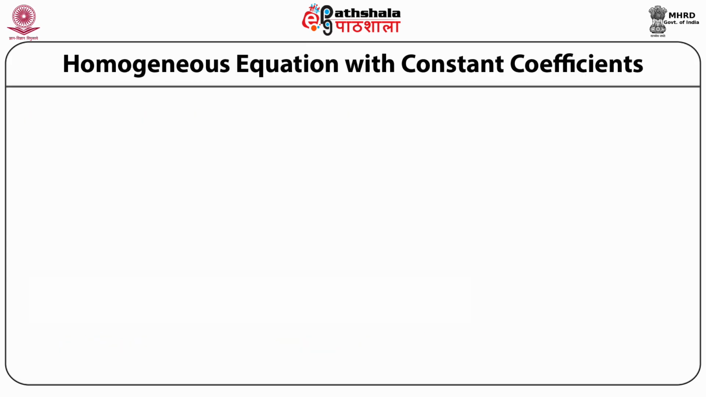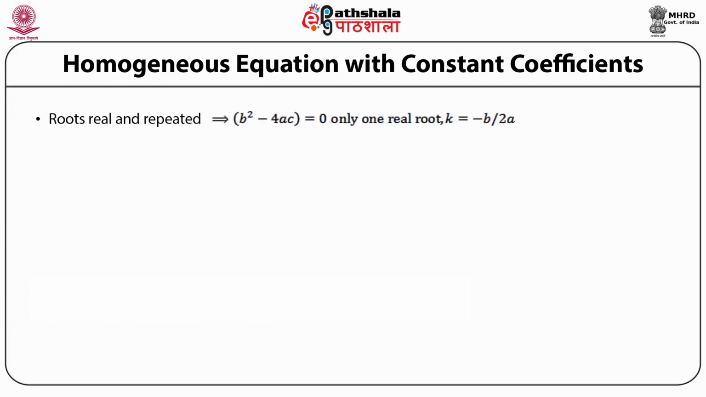We now consider the next case where roots are real and repeated. This is the case when b square minus 4ac is equal to 0. Since here we have only one root, only one solution of the type e raised to power kx exists, where k is equal to minus b by 2a. To find the second solution, we try y is equal to e raised to power kx times u(x). This is equal to e raised to power minus bx by 2a times u(x), where k is substituted as minus